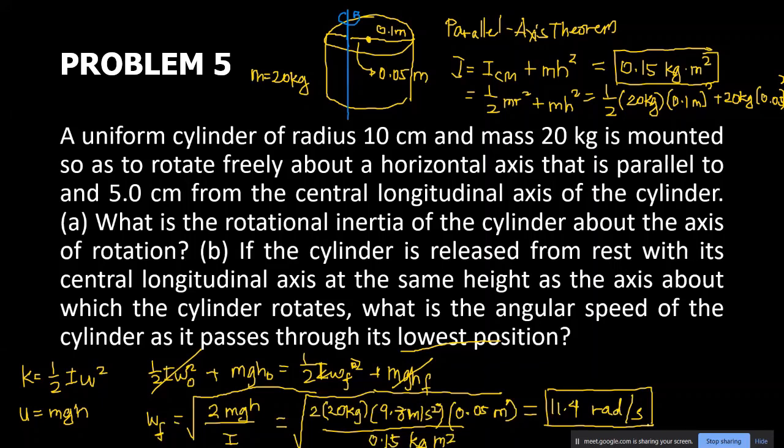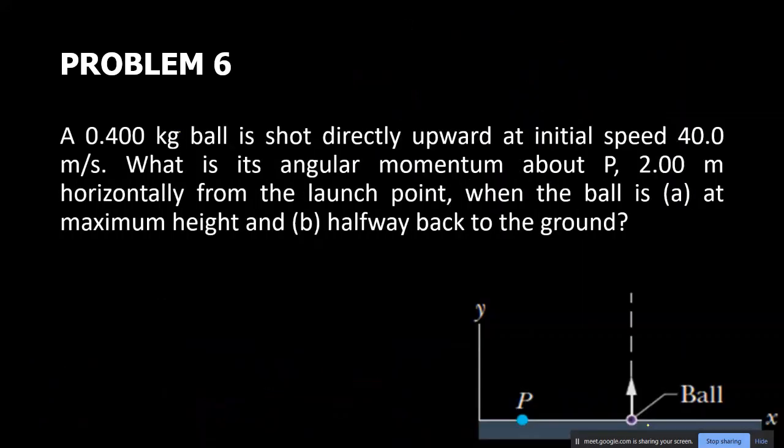For letter A, 0.15 kilogram meter squared. For letter B, 11.4 radians per second. A 0.4 kilogram ball is shot directly upward at initial speed 40 meters per second. What is the angular momentum about P? So this is P, 2 meters horizontally from the launch point here, when the ball is at the maximum height and halfway back to the ground. For the maximum height,